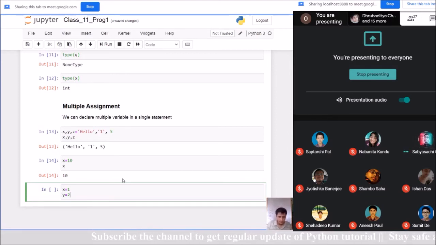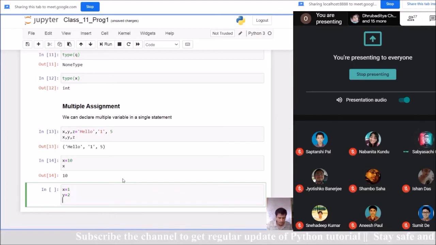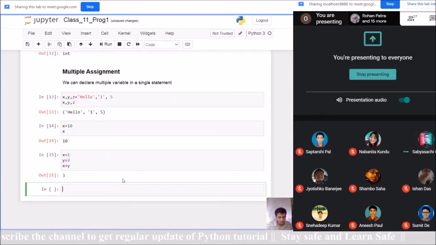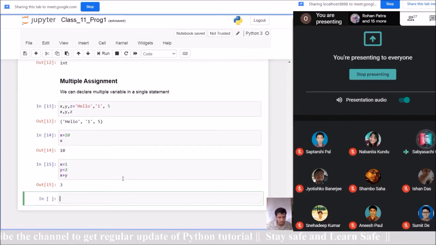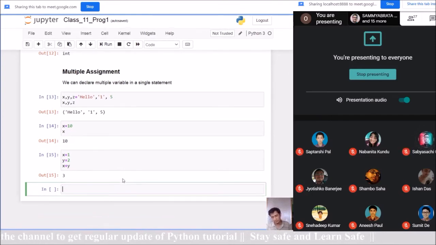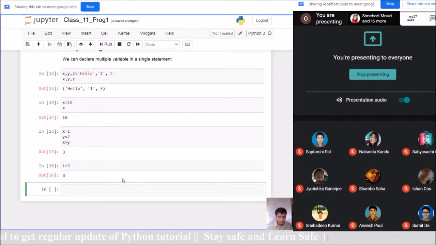Then sir, if we have to find out the addition or sum, do we need to write the print command? Yes, sir, you can do this. Even you can do this.